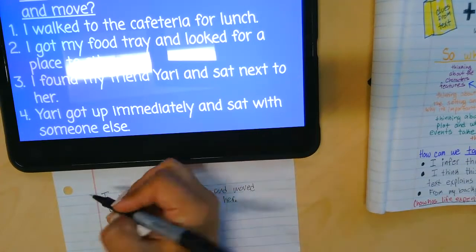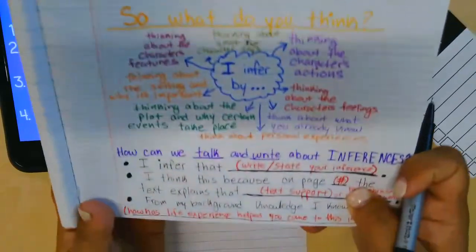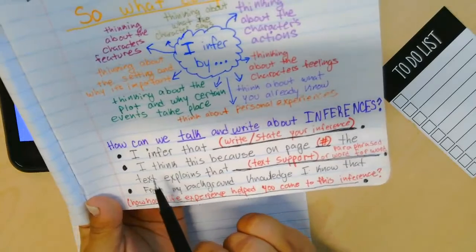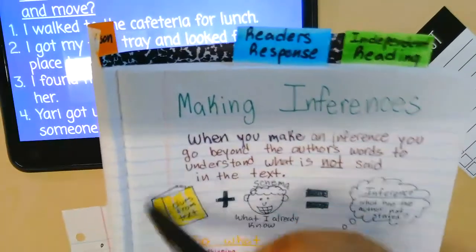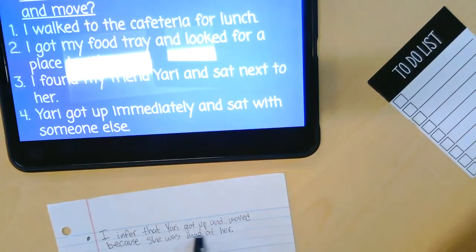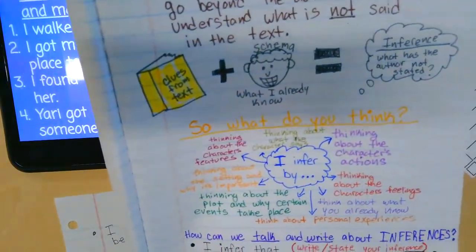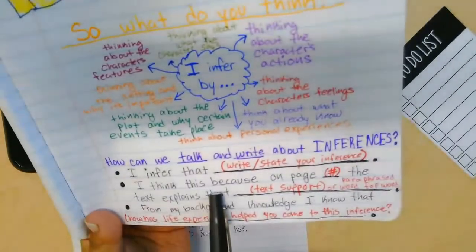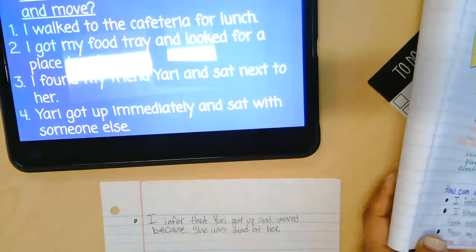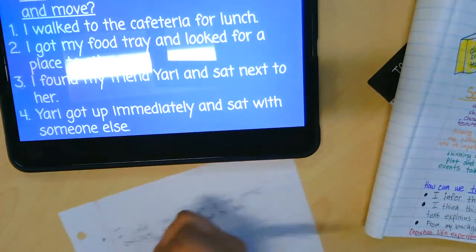All right, so that's the first bullet point, right? That's our first bullet point here on our anchor chart. Now we're going to write our text support, our clues from the text as to why I believe that she is mad. Okay, so clues from the text using I think this because. I'm going to use on line number because there are no pages. So second one,